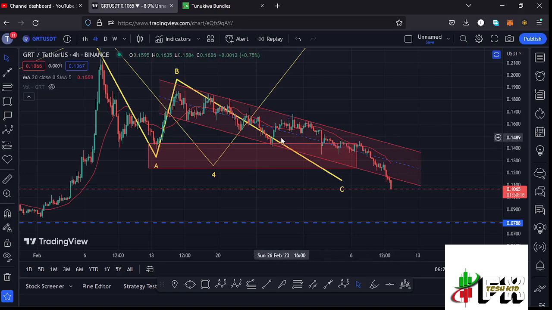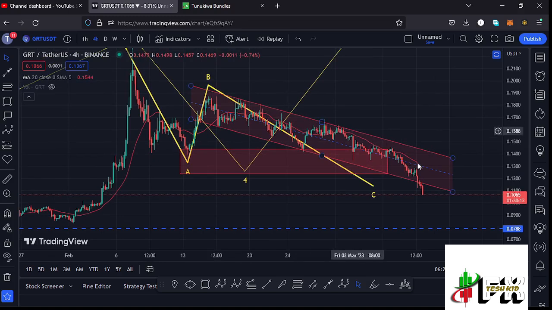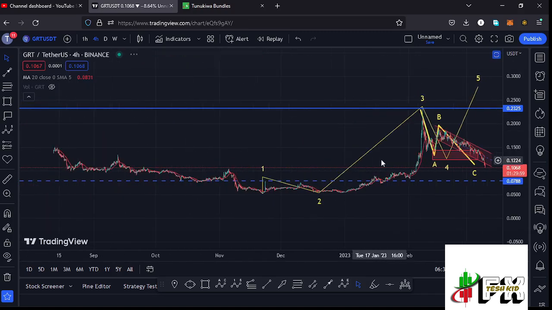We have also seen a breakout out of a chart pattern that we have been trading within, which is this descending channel, which has now given us a breakout to the lower side in a move that has now given us a low at around the $0.1066 mark. We have also continued to obey the Elliot structures, and before I get further into the technical analysis and also